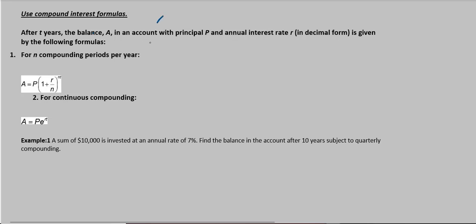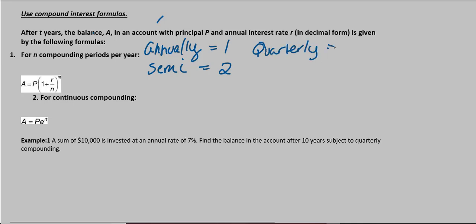So what I mean by n periods per year, I could say annually, right? Annually would mean that I would do it only one time per year. If I did semi-annually, then that means it would be 2 times per year. If I said quarterly, then quarterly would mean 4 times per year. If I said monthly, then monthly would mean 12 times per year. If I said daily, then daily would be 365.25. And the reason why we use 0.25 is because every 4 years we have a leap year, which is